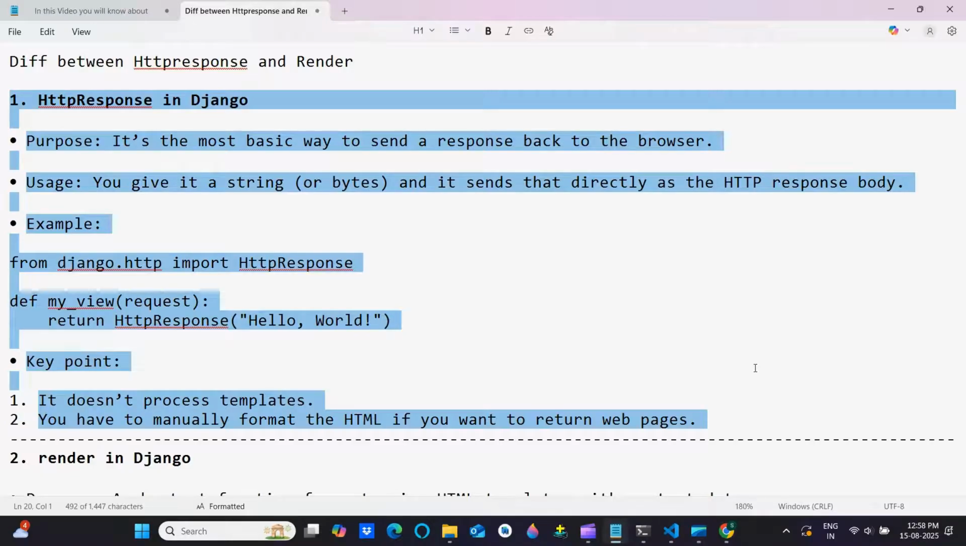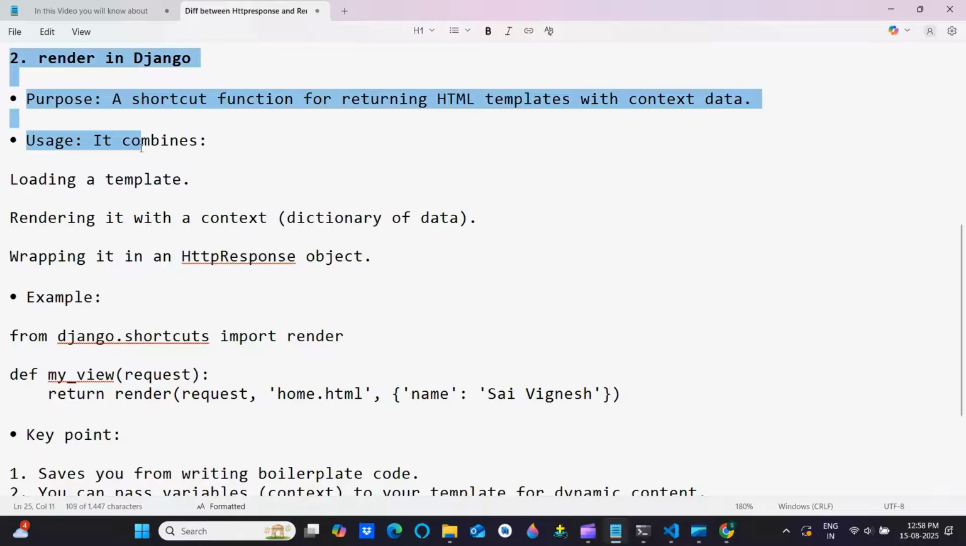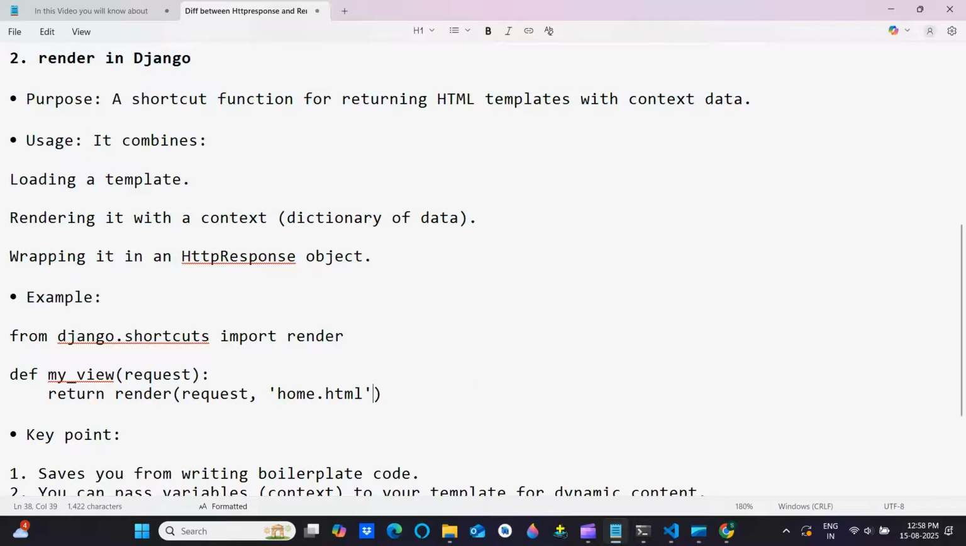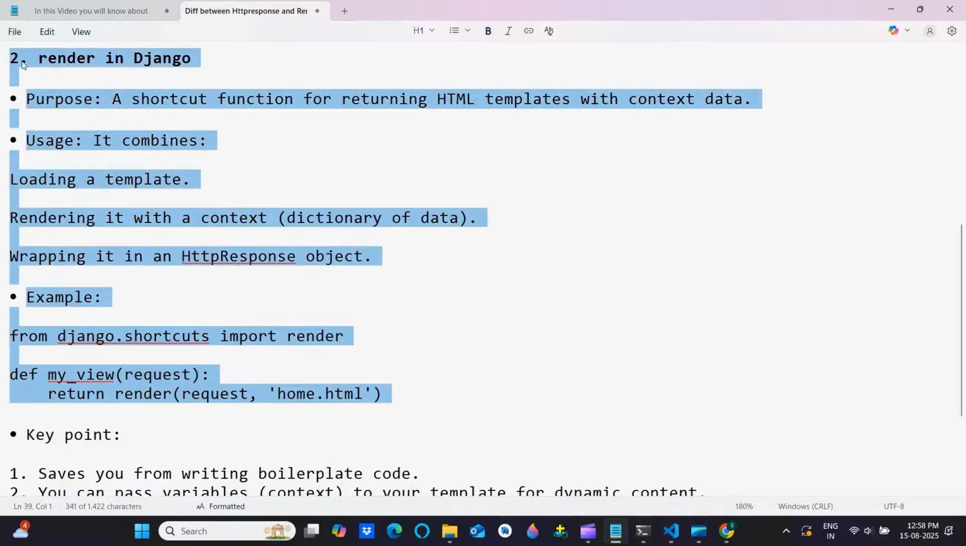Key point: it doesn't process templates. You have to manually format the HTML if you want to return web pages. 2. Render in Django. Purpose: a shortcut function for returning HTML templates with context data. Usage: it combines loading a template, rendering it with a context dictionary of data, and wrapping it in an HTTP response